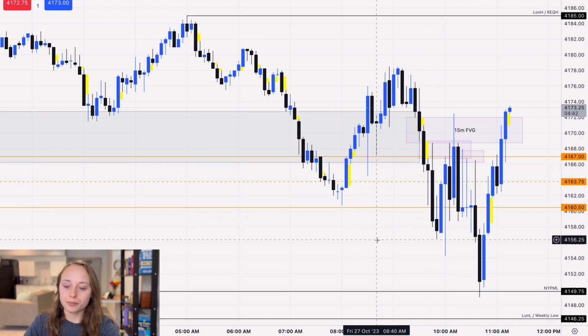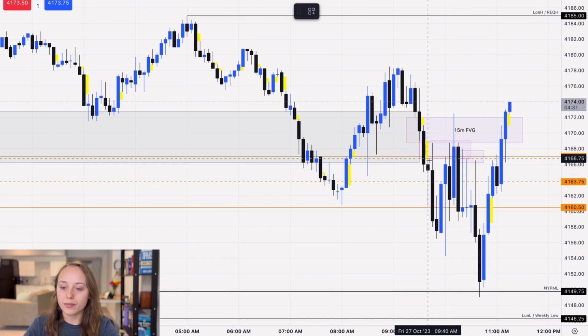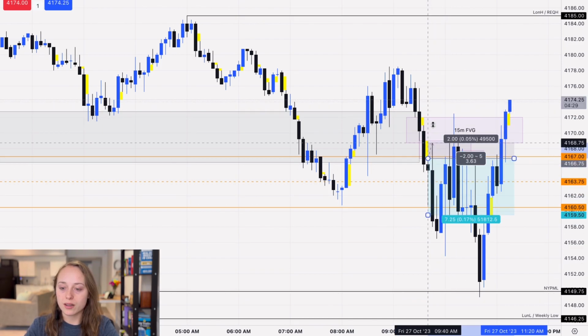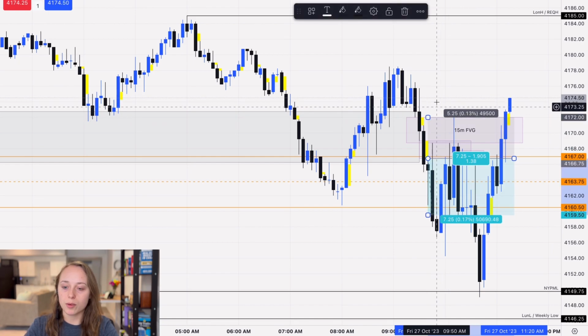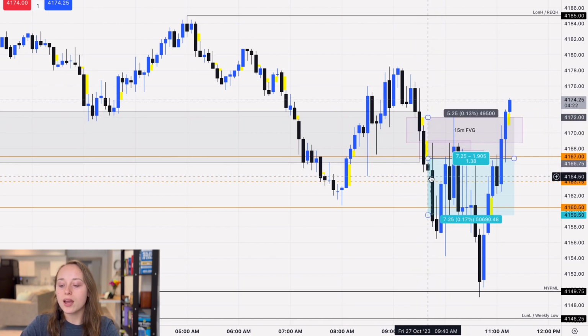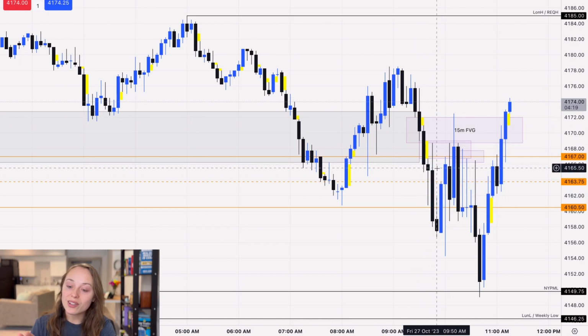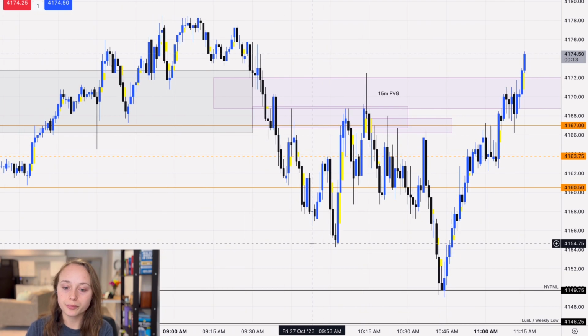However, as you can see on the 5-minute chart, we didn't really have any more entries other than this one. And even if I were to take an entry on this 5-minute fair value gap, it would have been stopped out because our stop loss is 5 points, and we obviously came up above and into this 5-minute fair value gap. So good thing we didn't take a trade. Again, I'll show you on the 1-minute what I mean, the consolidation we were facing.